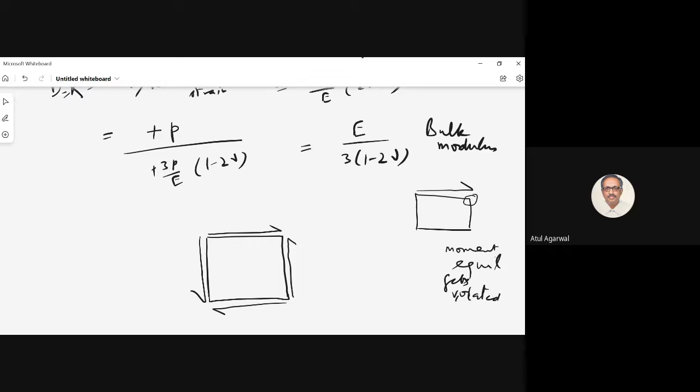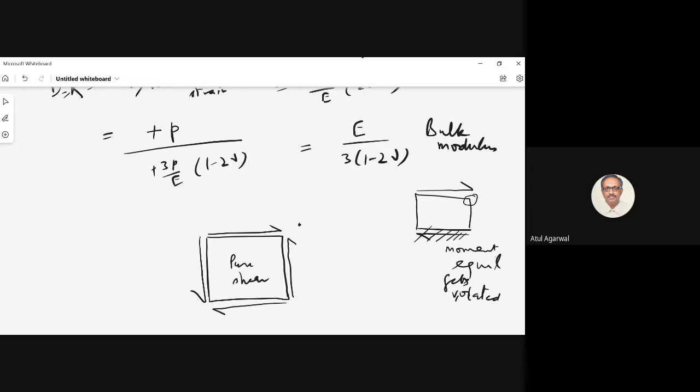For force equilibrium, you have to ensure that there has to be a force here. Suppose you fix it, then there has to be a force here to counter it. That will be shear stress. So you see, you are violating an equilibrium situation. So it is advised to have it like this. In that case, you are not violating equilibrium here at the corners. So this situation is handled differently. This is called the pure shear situation.